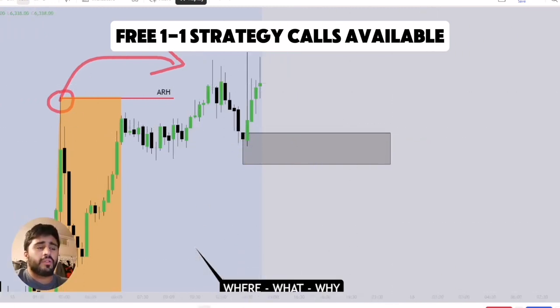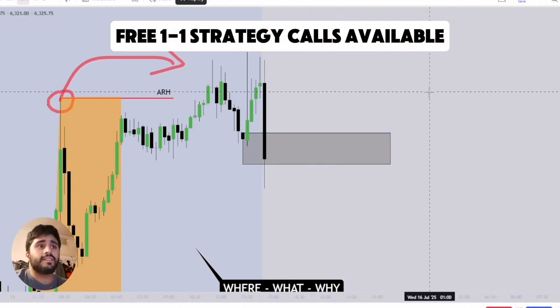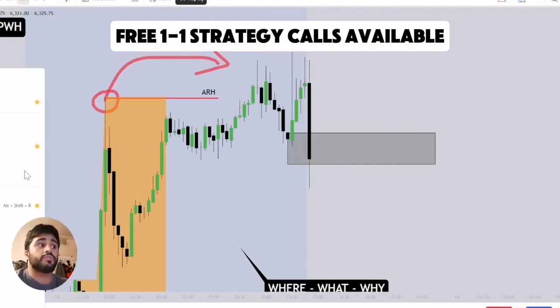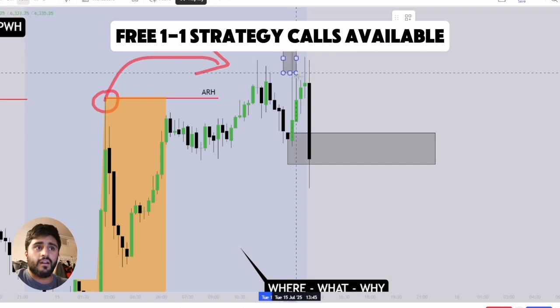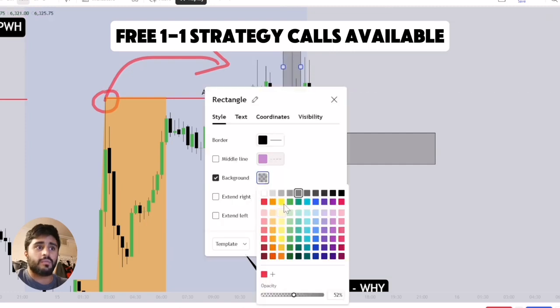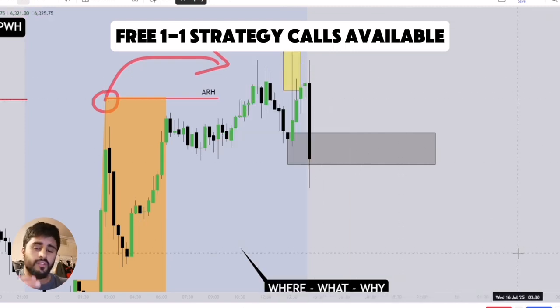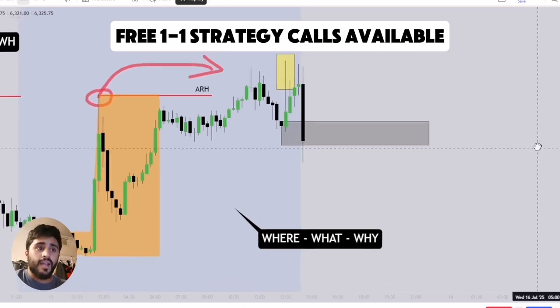Now, for those who don't understand what a Judas swing is, ICT has a really neat concept. He calls it the Judas swing. The Judas swing is simply the high of the day, right? So that in itself is going to be the Judas swing, or the high of the day. The high of the day will occur once again after a liquidity sweep, right? So we want to see a Judas swing accompanied with our POI. So that is important, right?